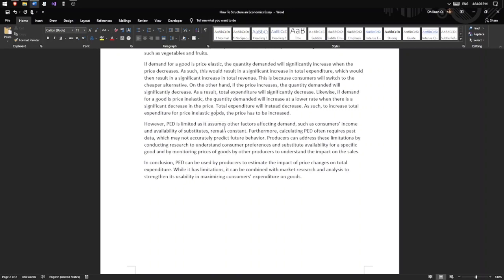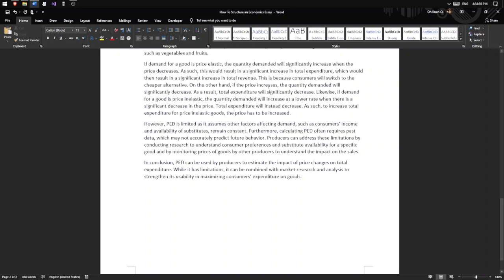All right. Now, likewise, we're talking about an inelastic good. If demand for a good is price inelastic, the quantity demanded will increase at a lower rate when there's a significant decrease in the price. Here you can draw a graph where the downward sloping curve is very steep. You can draw a very steep downward sloping curve, and then you can explain that when there's a significant decrease in the price, the quantity demanded will